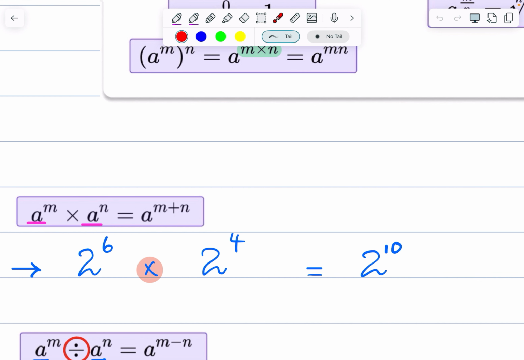Simply laws of indices को करने का मकसद सिर्फ इतना होता है कि you can simplify your calculation. Sometimes अब देखो, मैं आपसे पहले कहूँ 2 to the power 6 निकालो, फिर मैं आपसे कहूँ 2 to the power 4 निकालो, और फिर आप बैठ जो निकाल लें. Such a longer process, simpler and easy answer 2 to the power of 10, because you can add the powers. So 6 plus 4 would be 10, so that's going to be the answer. Clear?